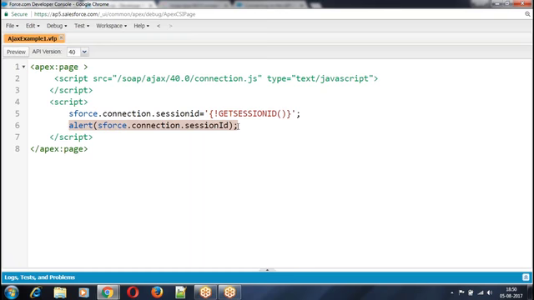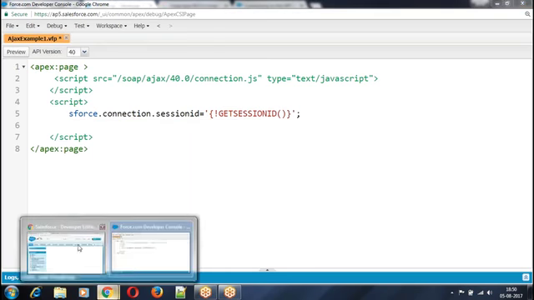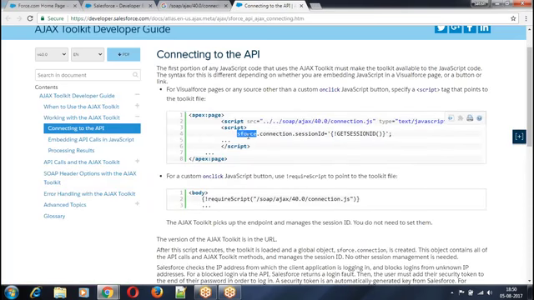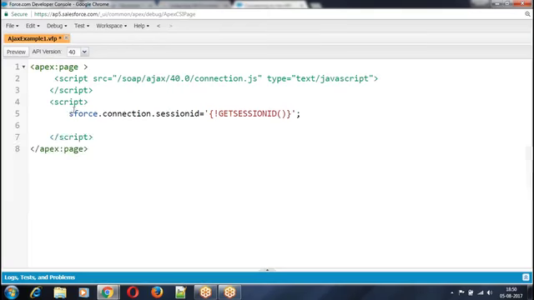Actually, now what am I doing here? S4.connection.sessionID. What is the connection we have used? S4.connection.sessionID equal to the organization. We need to give the session ID. Once we have given the session ID, we want to write a query and get the data. How to write a query and get the data? Let us see. Query result equal to S4.connection.query, select name from